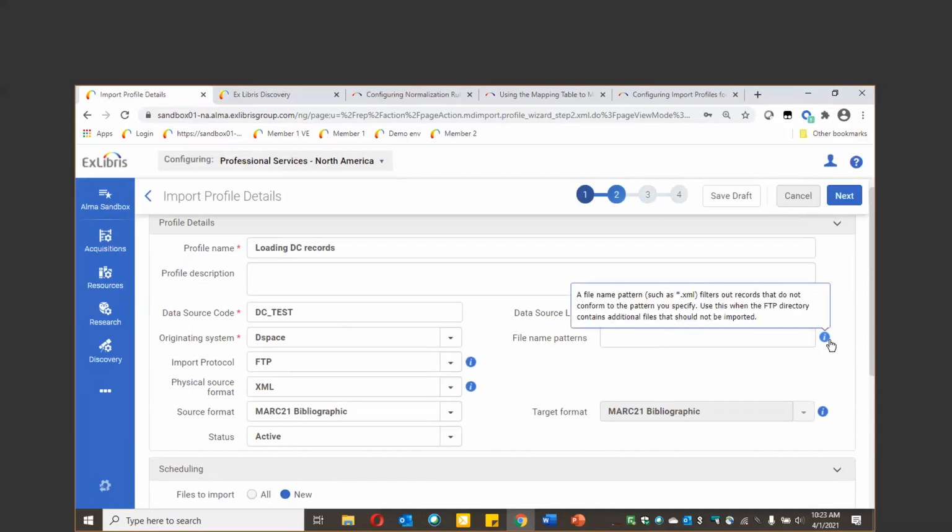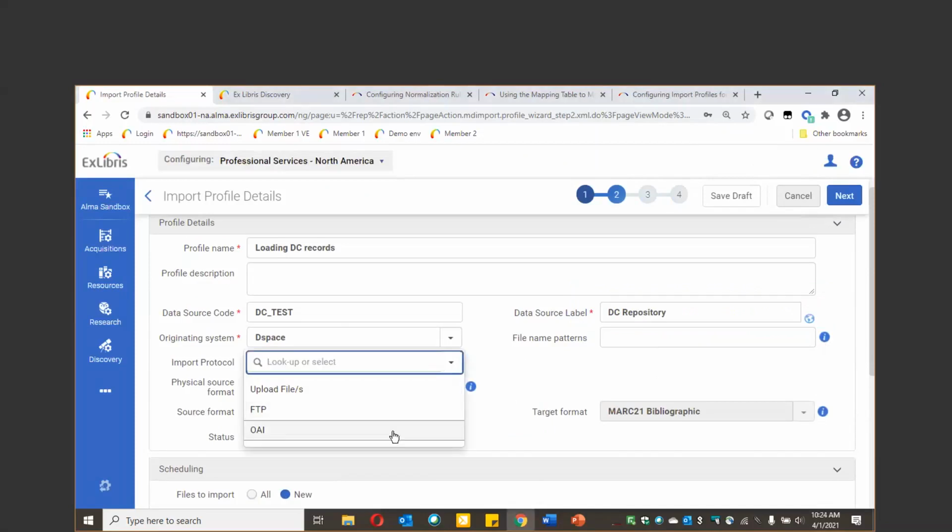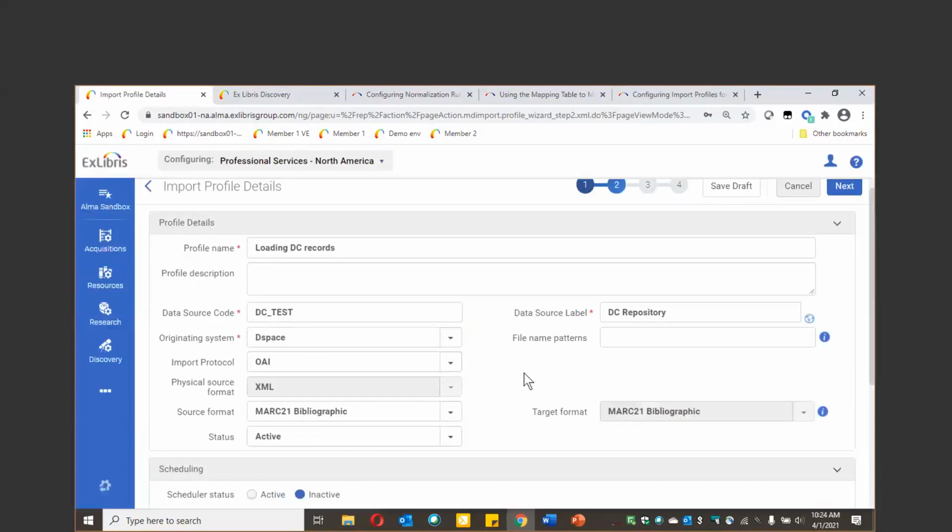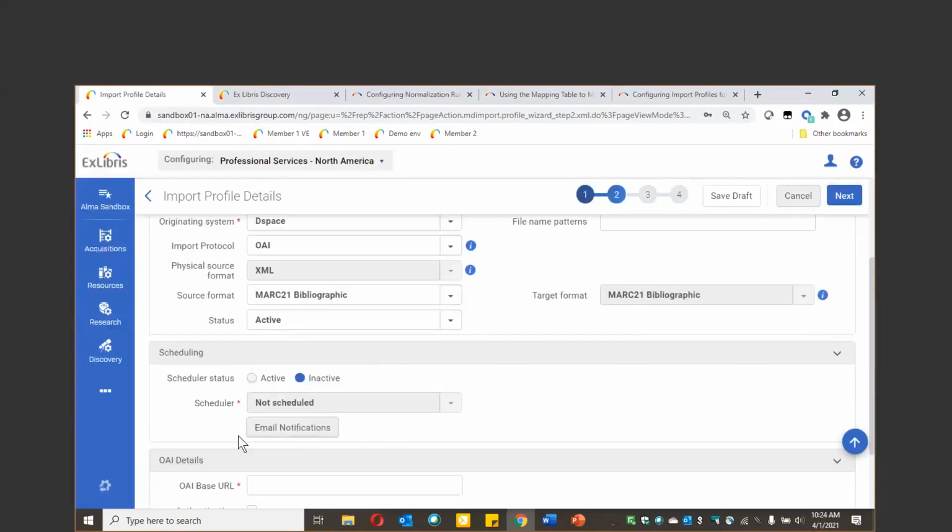And if you hover over the little info icon, let me move the chat over, it will help you. You can define file name patterns that you want it to look for and ignore other ones, in case the FTP directory that you define has multiple types of files in it, to make sure that it's importing the ones that you expect. If you use OAI as your import protocol, again, you'll see the scheduler,